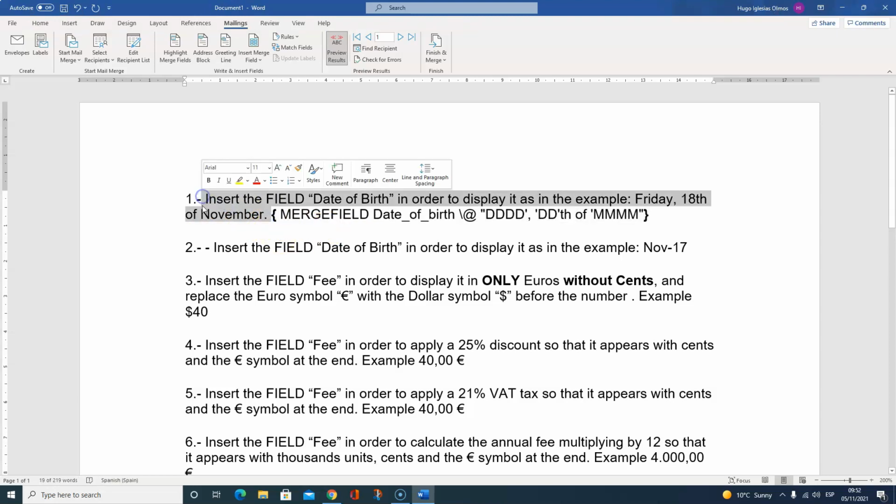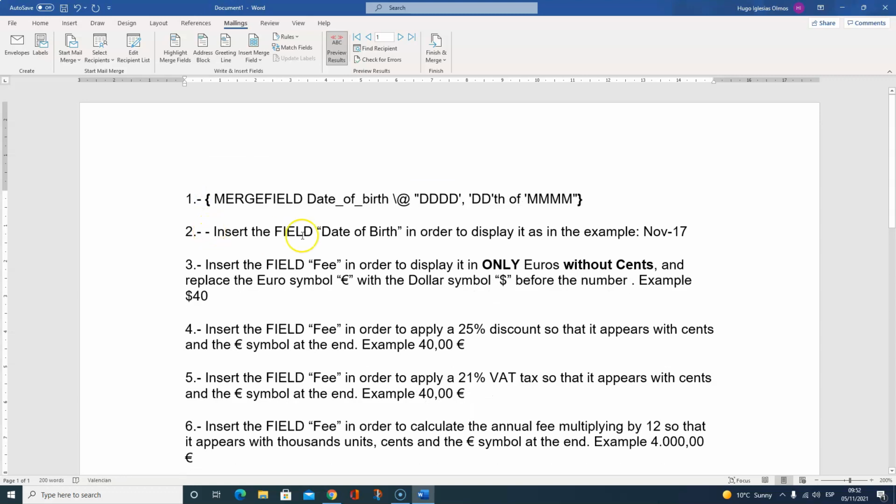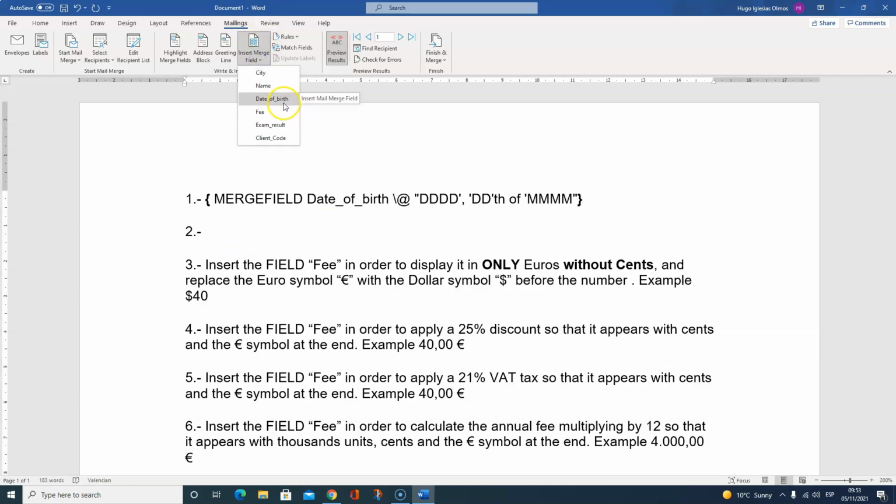We can erase this part. Now we want something similar, but just adding 3 letters of the month and the year. So we're going to add the date of birth and backslash add symbol. We can use. There's no need of using